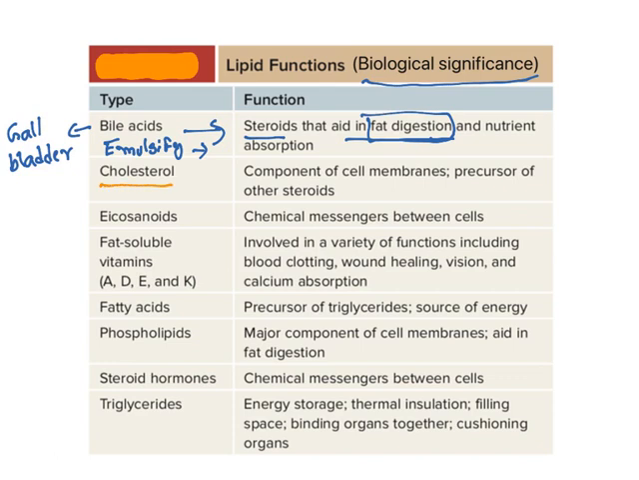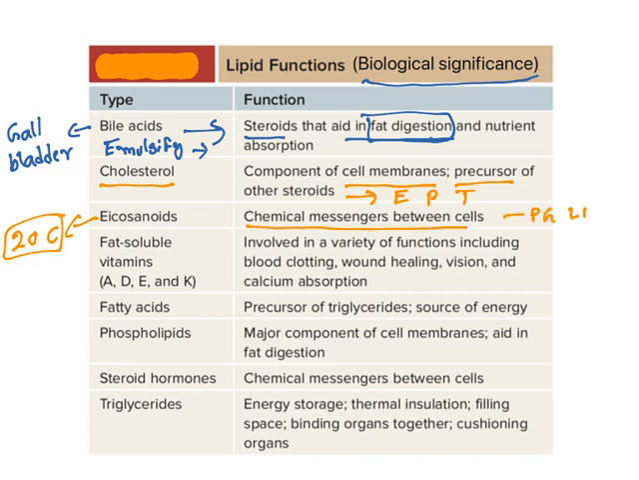Next one, cholesterol is also a lipid, and it is a major component of the cell membrane, and it is the precursor for other steroids like estrogens, progesterone and testosterone. Eicosanoids are 20 carbon containing molecules. They act as chemical messengers between cells, like prostaglandins, leukotrienes, thromboxanes. All of them are essential chemical mediators. Next, fat soluble vitamins like A, D, E, K have multiple functions like blood clotting, vision,